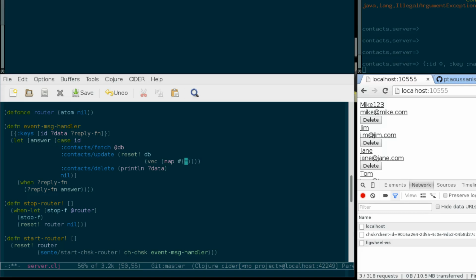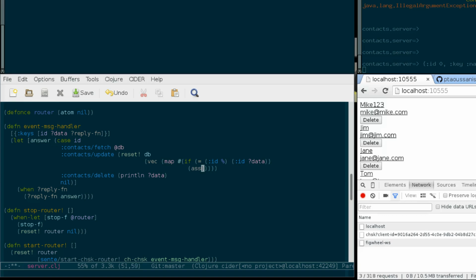So, okay, no, we have to do an if here. If the ID of the element we're iterating over is equal to the ID of our data that we got from the client,